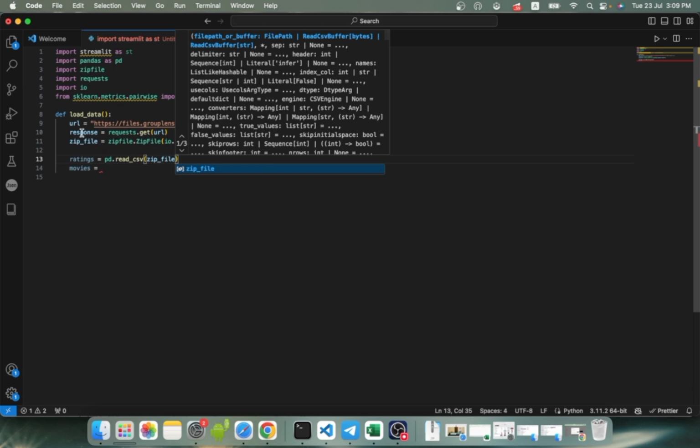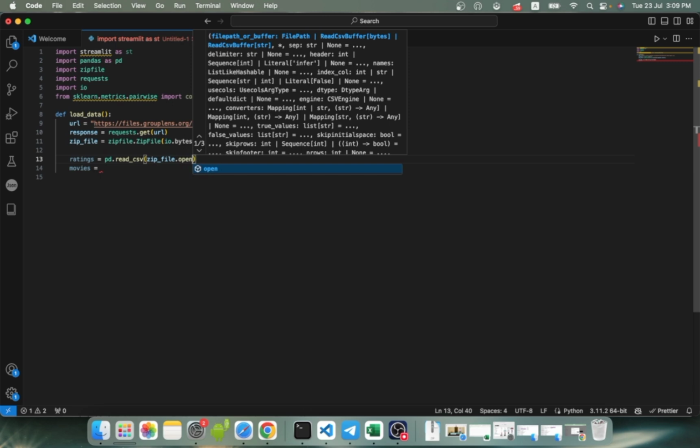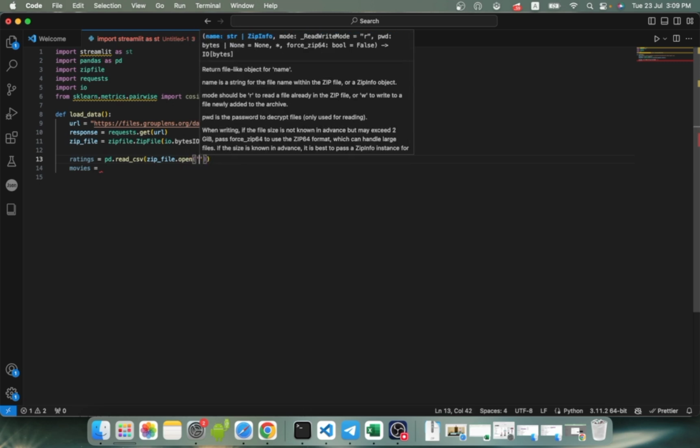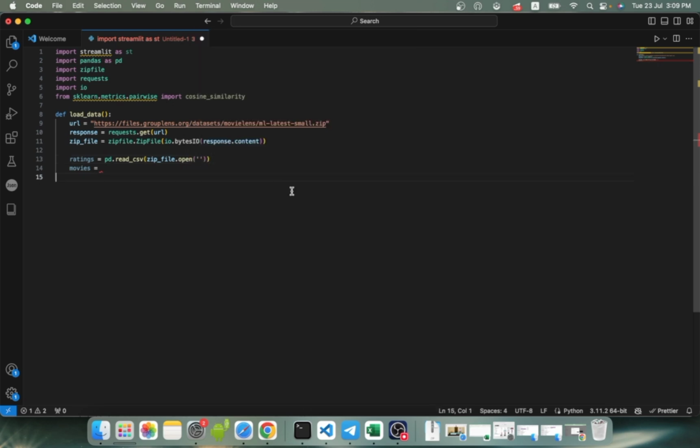Yeah, you see, as we're calling it, it turns a brighter blue color. So this means that it exists, okay? Here we actually are going to, inside of this zip file, this is the folder, right? After we unzip it, inside of it there are multiple files, a CSV file, and one readme txt file. So there's also a ratings.csv